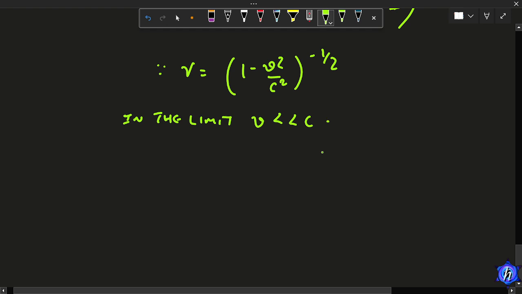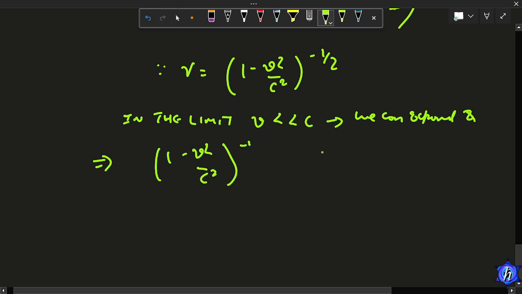We can expand this, and we will get 1 minus v square upon c square to the power half, 1 plus v square by 2c square plus 3v^4 by 8c^4 plus,